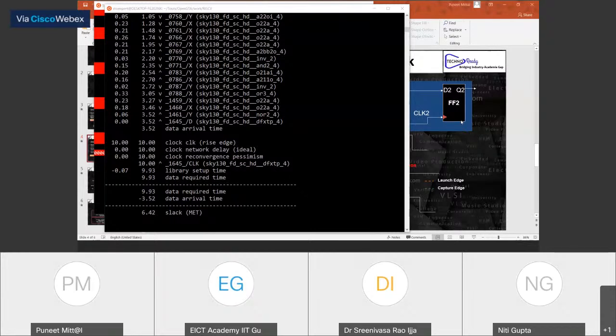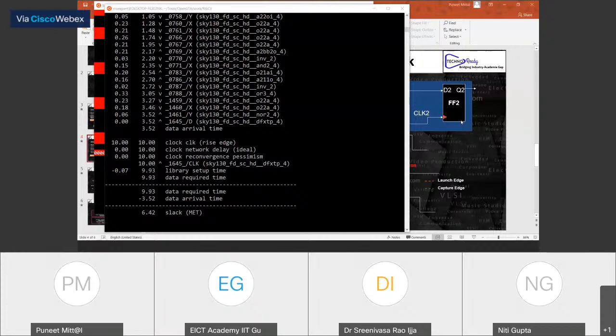And why the setup time has a dependency over the clock time period, I think I gave you an idea. It's not basically about the setup time, it's about the setup check. So, setup check and hold check. Setup check has a dependency over the clock period because we are talking about after one clock cycle. In a hold check, we are not talking about after one clock cycle. So that's the reason we are saying it's independent of the clock time period.